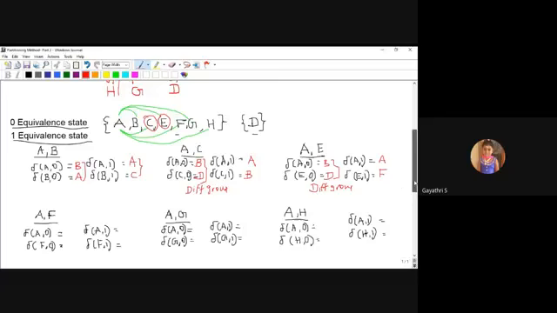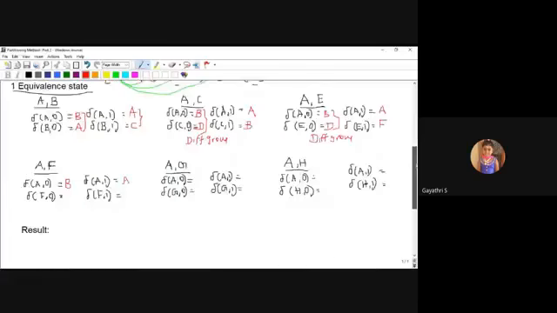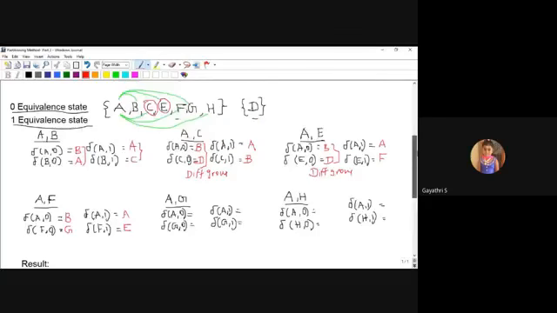Okay, next I will check AF. A on 0 moves to B, A on 1 goes to A; F on 0 goes to G, F on 1 goes to E. So the BG pair is in the same group, and the AE pair is also in the same group.